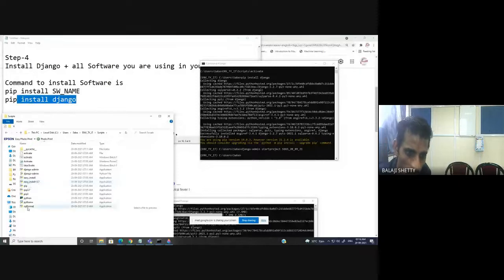SQL format. By default, when you install Django, SQLite, a lightweight SQL database, is installed. Because every application has a front end, we create the front end in HTML5, Bootstrap, Vue.js, or React.js. We create the backend. By default, it's SQLite, lightweight SQL. We can use PostgreSQL. We can use Oracle. You can use any database, but compatibility must be there.